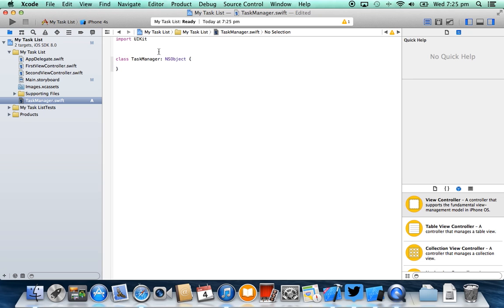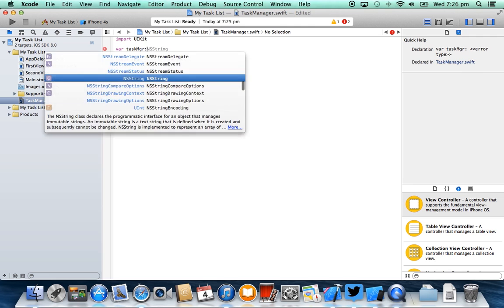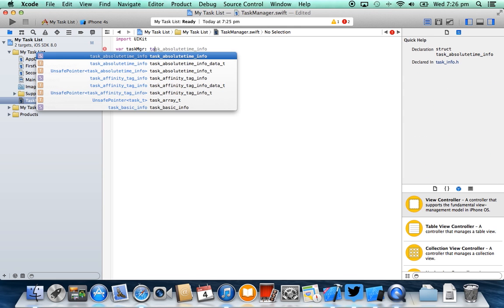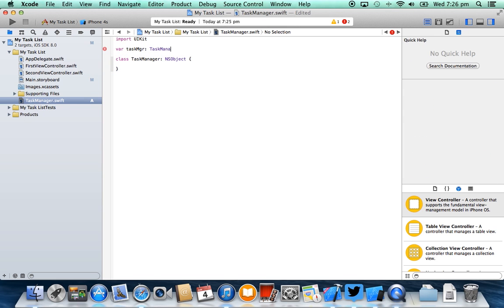Now the first thing we need to do is, inside of Swift, anything that you write that's not inside of a class or a function is considered global scope. So this is fantastic, because we can actually create an instance of our task manager without having to use a singleton pattern or something like that. So I'm just going to say var taskMgr, and then a colon. It's going to be of type TaskManager,